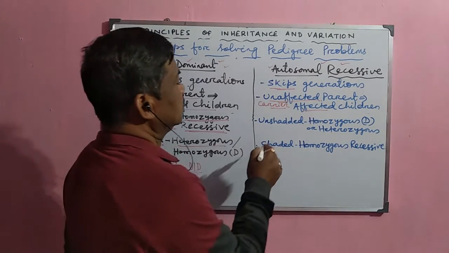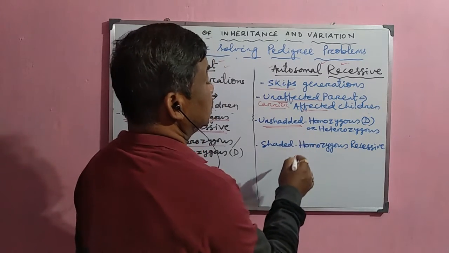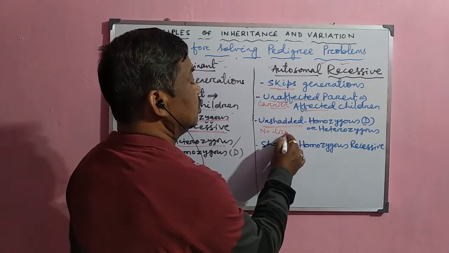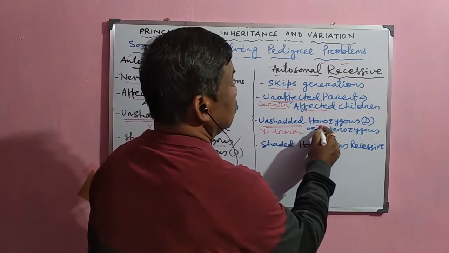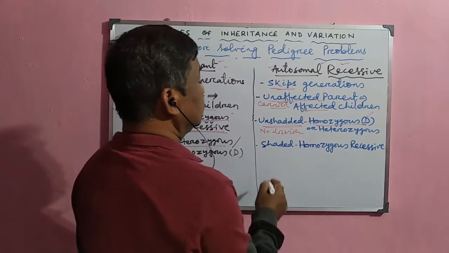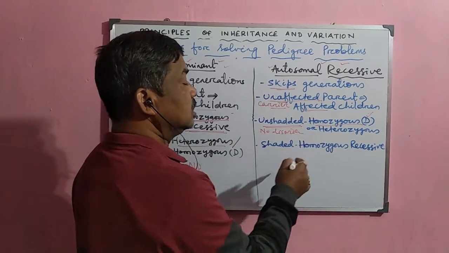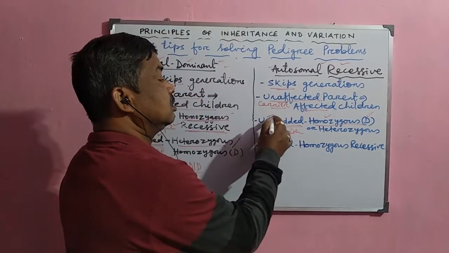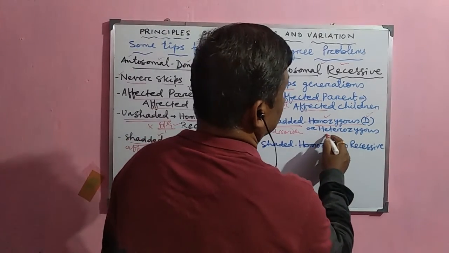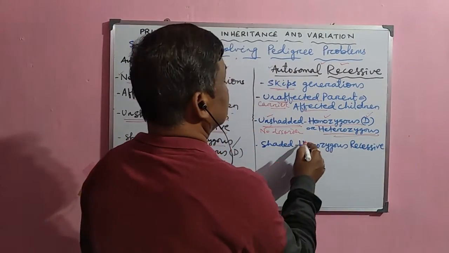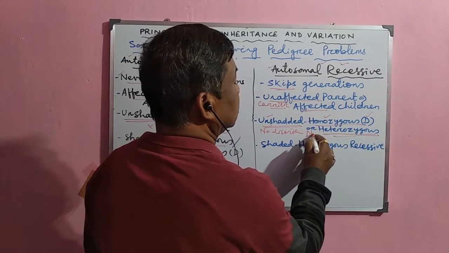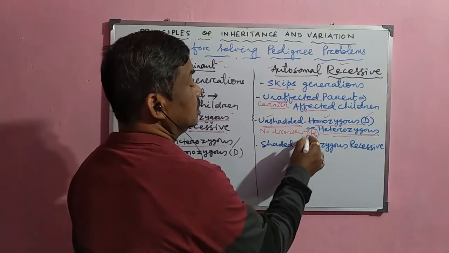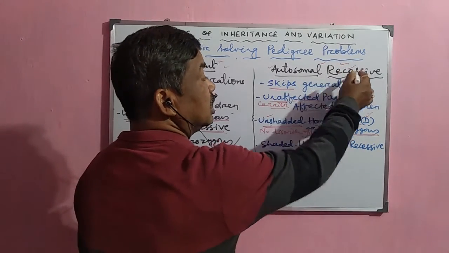But in the case of autosomal recessive, the unshaded means there is no disorder. Now, in the case of no disorder, normally it is the homozygous dominant one, because the disorder is recessive. That is why in the dominant form the disorder is not there, so it is unshaded. And even in the heterozygous condition, what happens? Suppose it is the capital dominant one and the recessive one, small d, then it will not be expressed here, because the dominant gene is there and the defect is in the recessive gene.